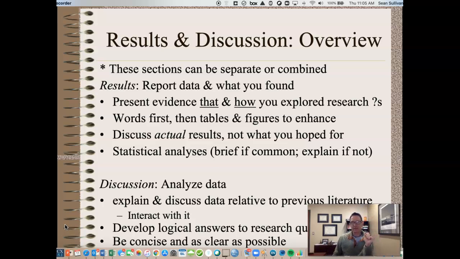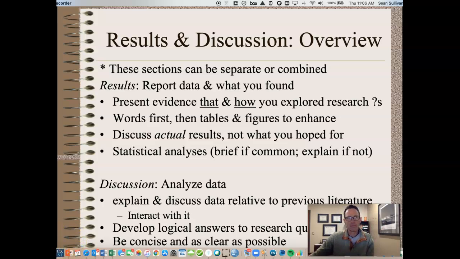I remind the reader what the study design was. This survey-based descriptive study attempted to address whatever, and then I list my variables again, like the methods section. So there's a couple sentences of introduction, and then you get to the actual results, and you start to use tables and figures in order to enhance your discussion. So a couple paragraphs, or maybe even just one paragraph first, summarizing the results, and then you quickly refer the reader to the table and figures that enhance and